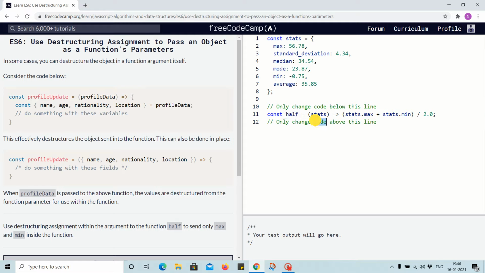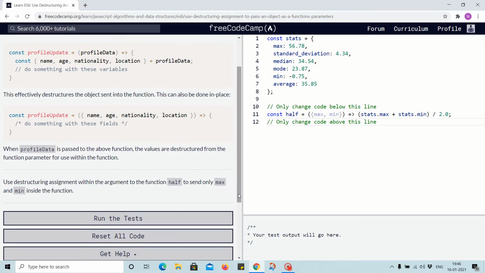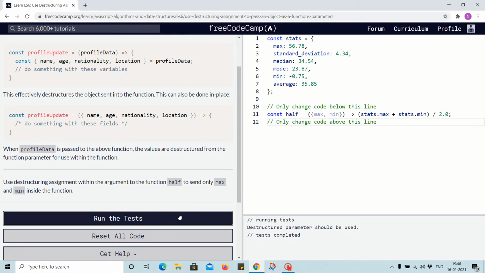So instead of the whole stats, we will use destructuring assignment, and we will use max comma min. So it will extract the values of max and min from the object stats and process according to that. So let's run the test, and